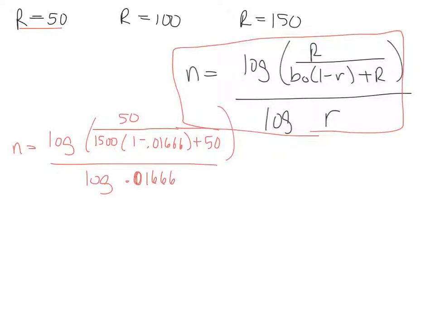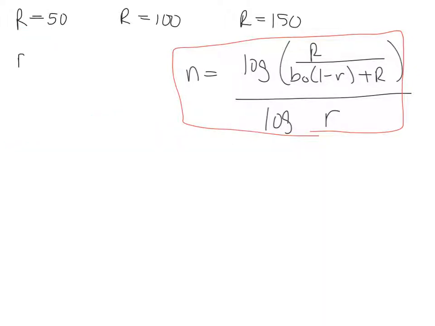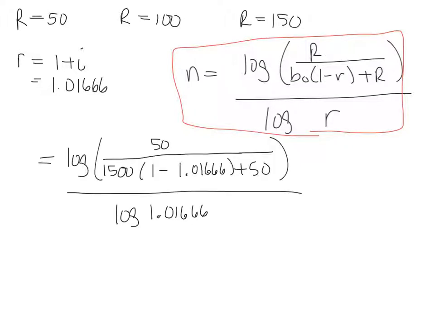Okay, hold on. As a little reminder here, R we said was 1 plus I, or 1.01666, right? We replaced that quite a while ago when we just said we're going to use R to represent the quantity 1 plus I. All right, so I'm going to plug this all in. Be right back. So this one gives me